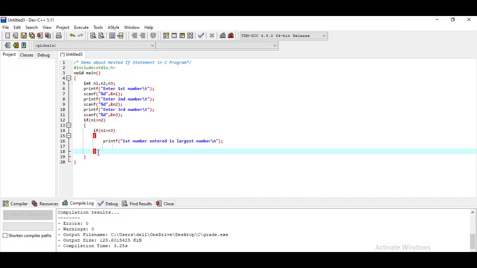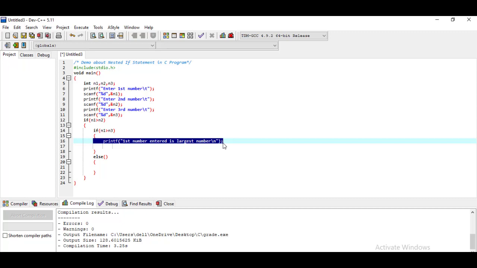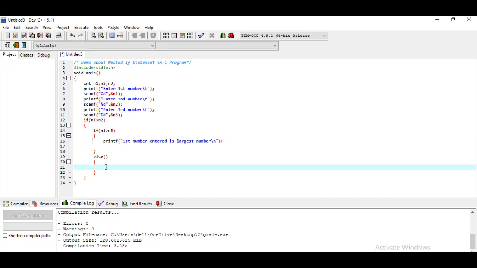Now after this I have to write the body of this if, then I have to write the else for this. So here it is else. Here within the curly bracket I have to display the message, so I'm going to copy this line from here to here and paste it.